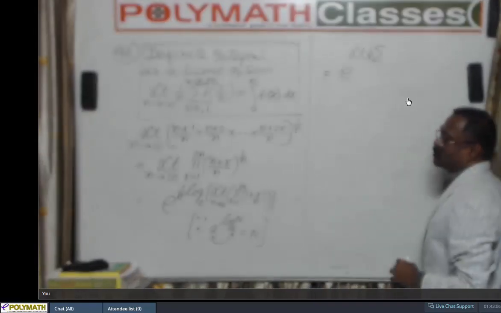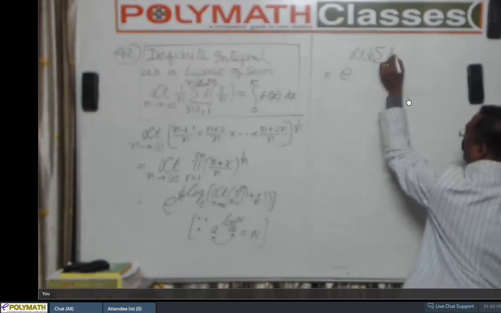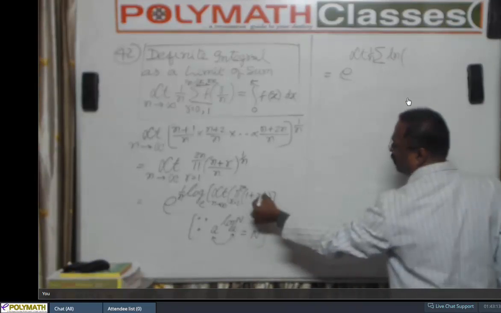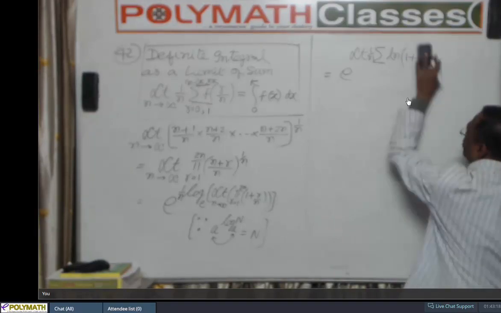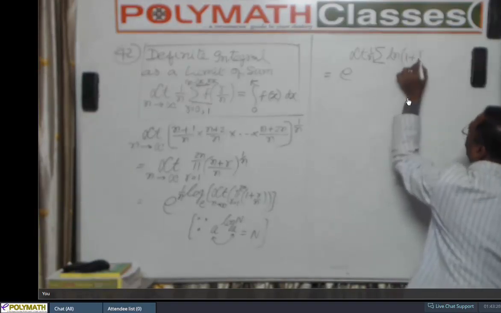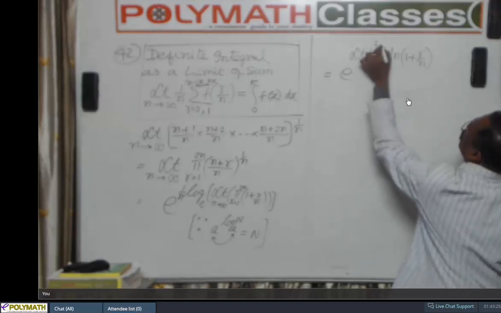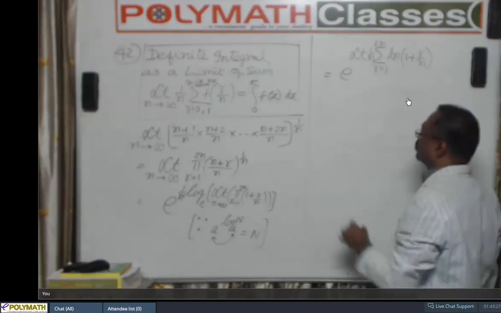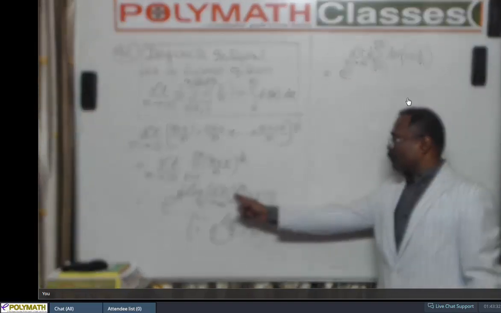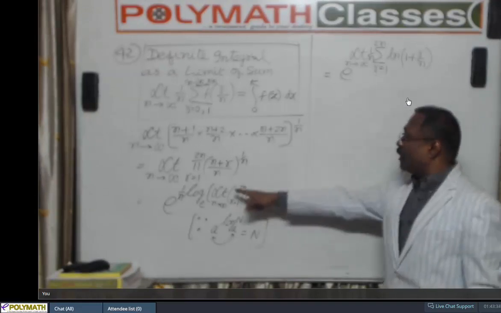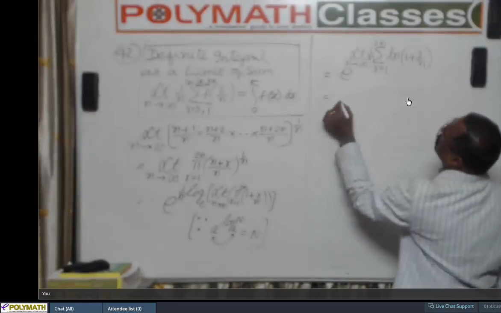1 by n sigma, I'm writing this directly, ln of 1 plus x, 1 plus r by n, r runs from 1 to 2n. Understand this carefully. This product becomes summation if you apply log here. That's what I wrote. Now it is nothing but e power